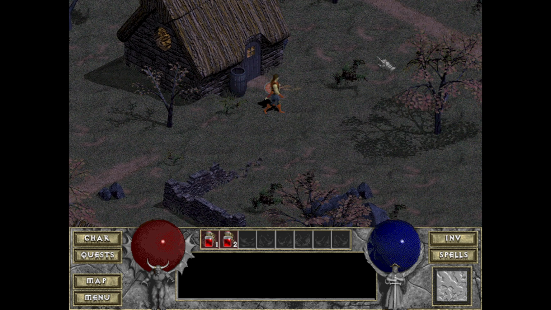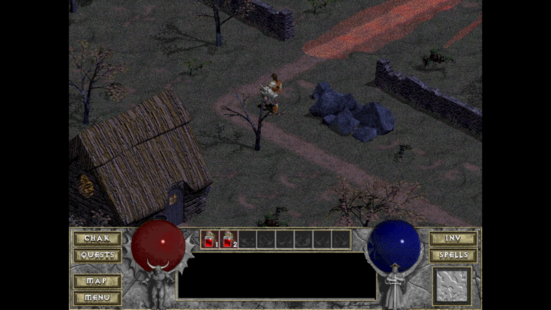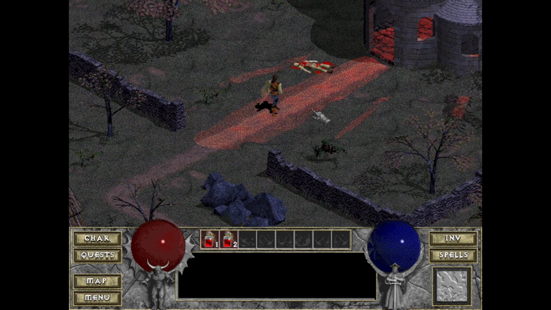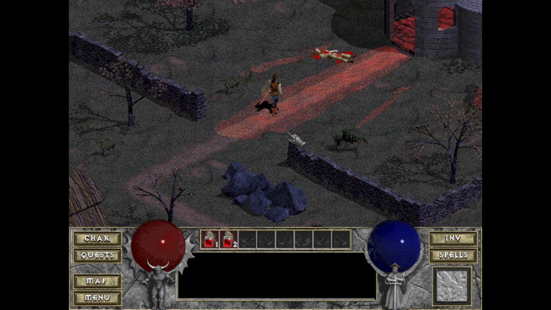So if we head this way... Oh, here's a little path we could have taken. Okay, and here is the town, and lo and behold, there is a wounded townsman. Okay, so a note on quests. This is very interesting. If you were to buy Diablo, download it, kick it off on your PC and get started, you might not see the wounded townsman here on your playthrough. And that is because